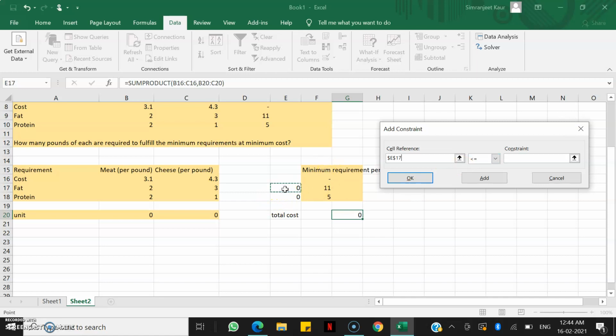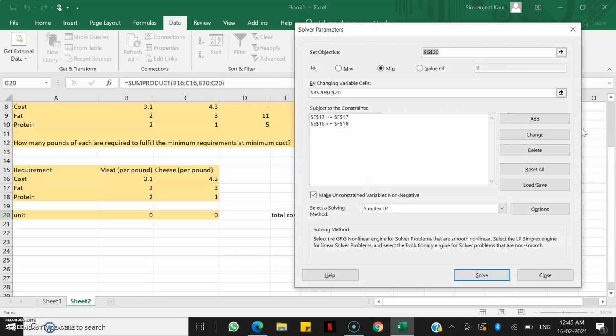The first thing is the requirement of fat, and this has to be greater than or equal to my minimum requirement for the week, which is 11 units. I'll add this constraint. Now the next constraint is that of the protein. The minimum protein he needs to have during the week is 5 units. So I'll specify this and add the constraint. Now I'll close this. So my constraints are added.